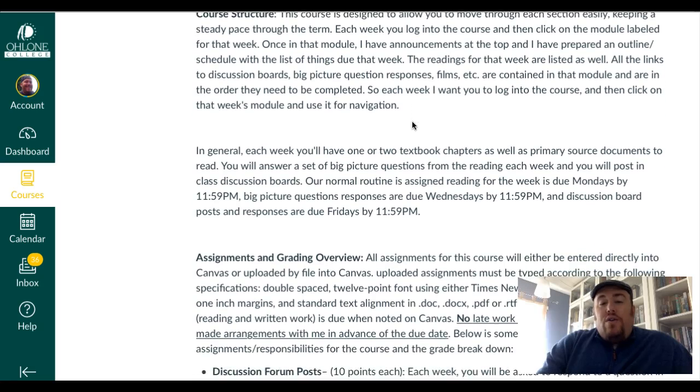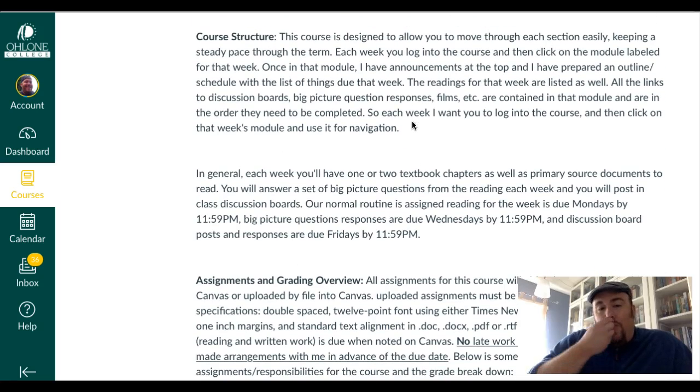So to go over how the course is structured, we run on a pretty clear formula, okay? Our weekly pattern is to move about a module a week. And each week you'll have reading that's assigned for you in the textbook, and either primary documents or a film to view. And that's usually due on Mondays. So you need to finish that by the end of the day Monday.